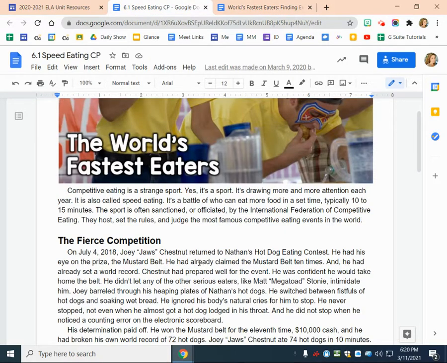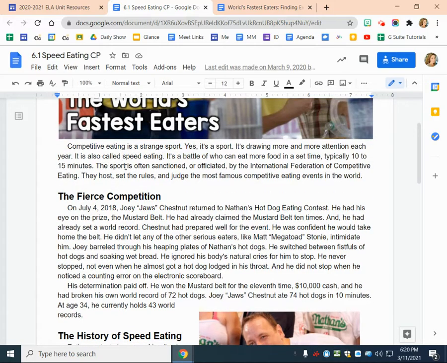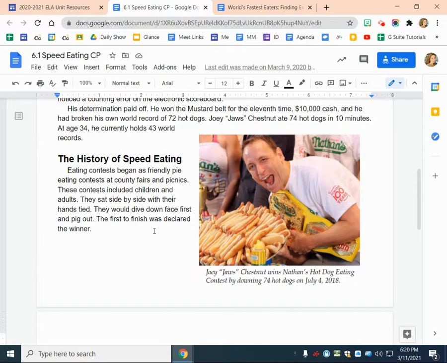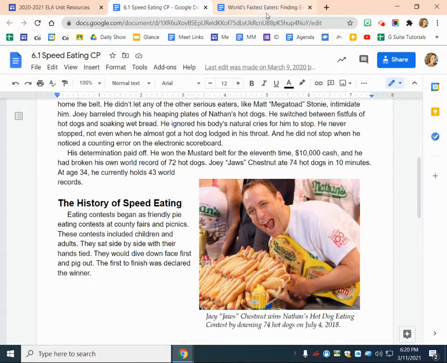So if we skim back through the article, remember the 4 different sections: the introduction, little biography, the history of speed eating, and behind the scenes. If we're looking for how competitions began, the history of speed eating would make the most sense, because how it began and history are kind of synonymous. So if I look at the topic sentence, it says eating contests began as friendly pie eating contests at county fairs and picnics. I would go ahead and highlight that with your highlighter,